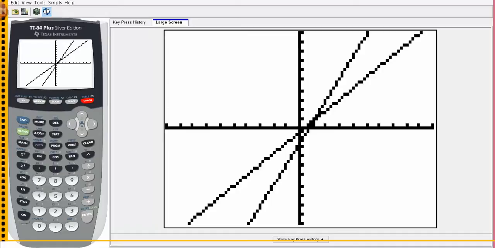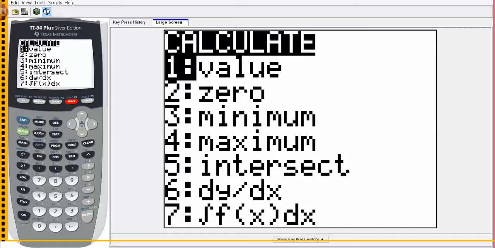But the cool thing is, under calc, what do you see under calc? Intersect. Intersect. These other ones are things you'll use in calculus, but intersect is great because intersect will work on any function you have graphed. You have to choose the first function, the second function, and the guess. And guess what it gives you? Ooh, it gives you the intersection. Is that helpful? Yeah. So if you have your calculator,